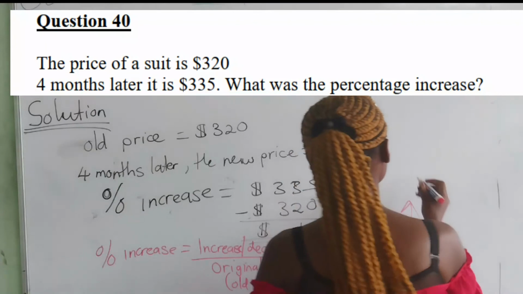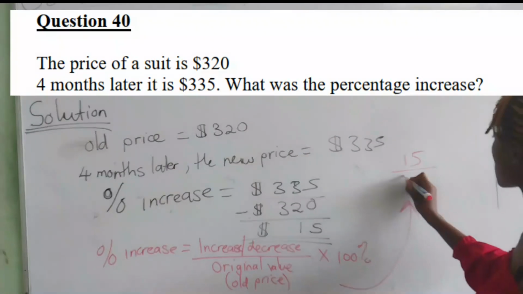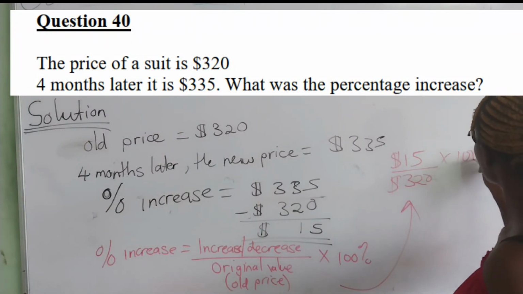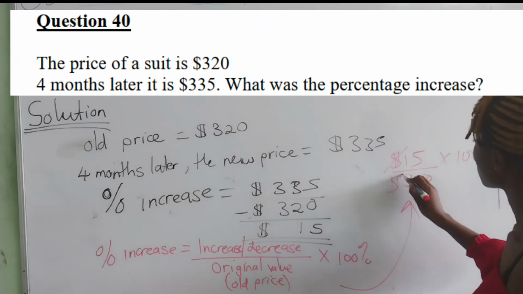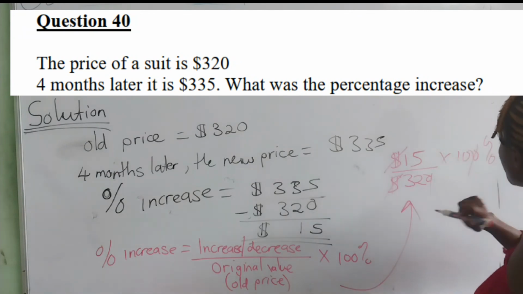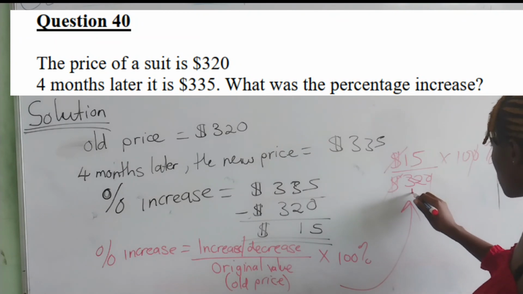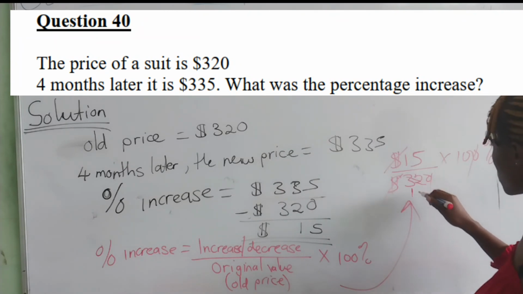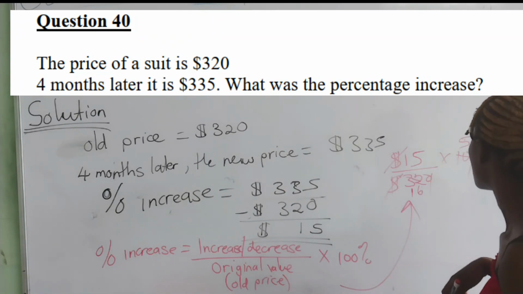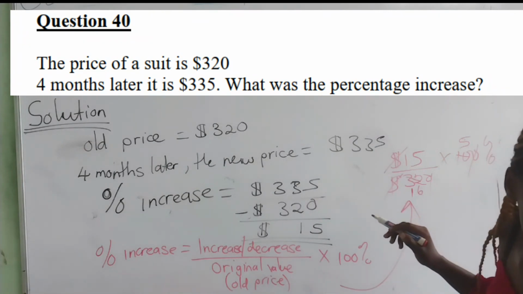So we are going to say 15 over 320 times 100. You can cancel out the zeros. 5 into 15 is 3, 5 into 320... 1, 6, 2, 10, 2, 5, 15 by 5. So our value is going to be